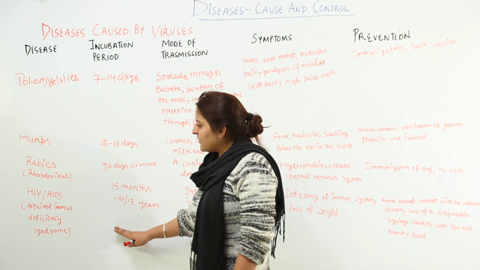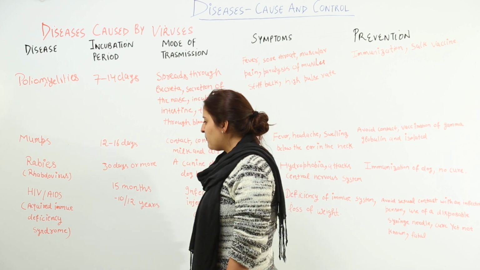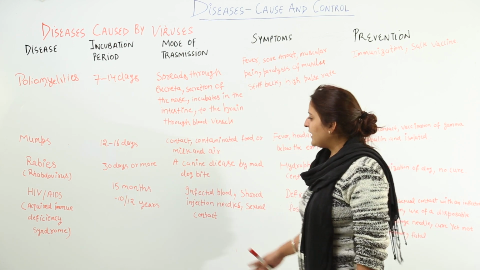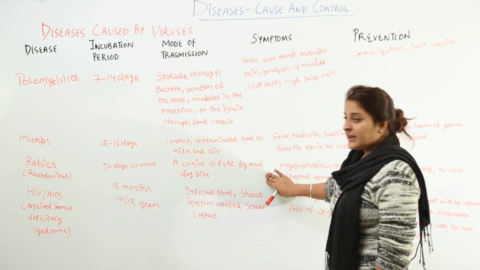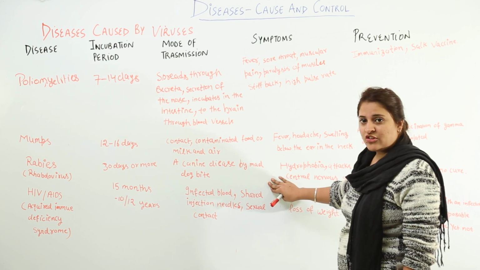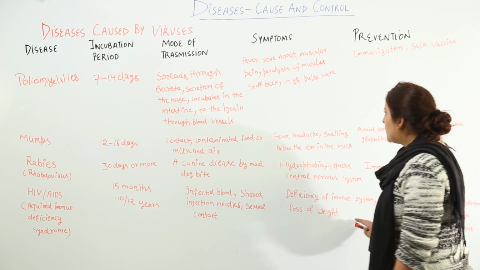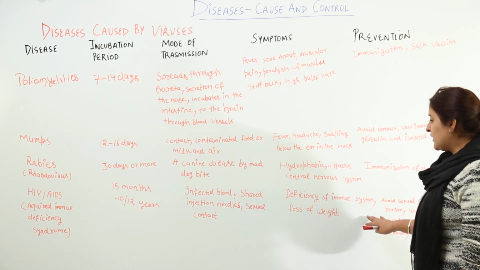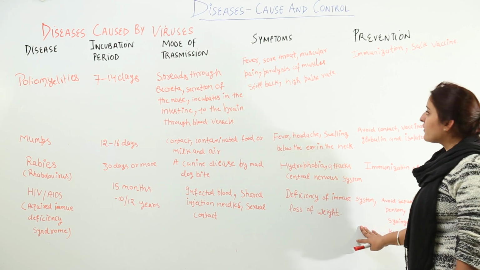The last disease which is caused by a virus is HIV or AIDS, which is acquired immunodeficiency syndrome, and it has an incubation period of 15 months. Now for this disease, the mode of transmission is through sexual contact or through sharing of injections or needles and through infected blood. The symptoms of this disease include deficiency of the immune system, loss of appetite and loss of weight,